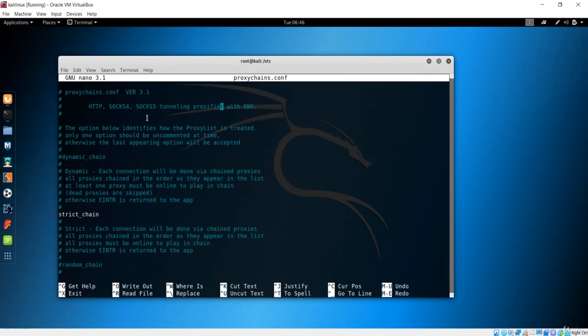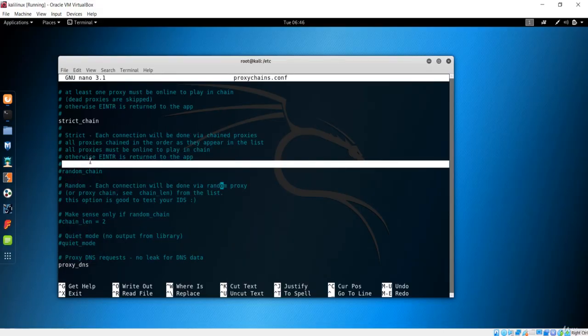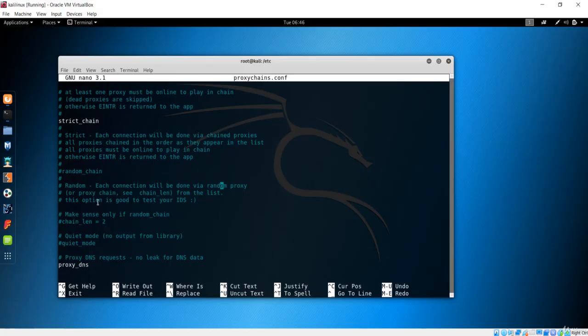The next thing proxy chains is capable of is that it can be mixed up with different proxy types in this list, that is with HTTP, with SOCKS 4, with SOCKS 5, or basically with the version. It also supports any kind of chaining option method, like random, a dynamic chain you can see here, or the strict chain. This is the important part. We'll see about this in a minute.